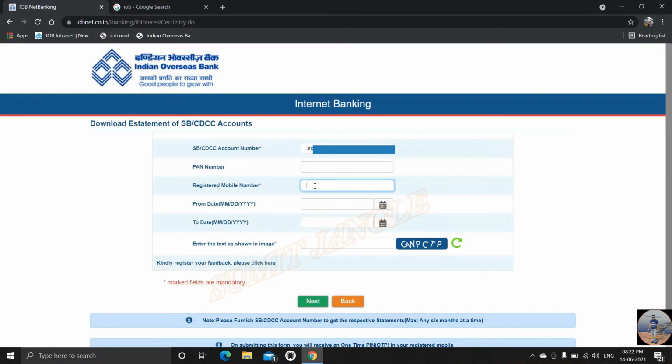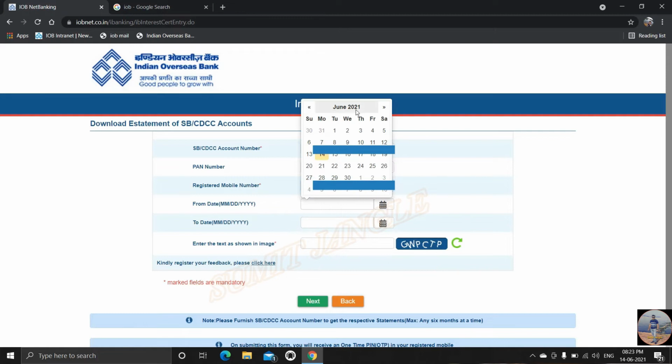Then registered mobile number, the number which you have given in Indian Overseas Bank for your account, on which you are getting your SMS alerts and other messages. While filling these two details, always remember, do not press backspace or delete any digit. Otherwise, you may get an error of invalid session or session expired. You might not get confused while filling the mobile number, but while filling the account number, you may. So either take the passbook in front of you or write it down and keep it in front of you while filling.